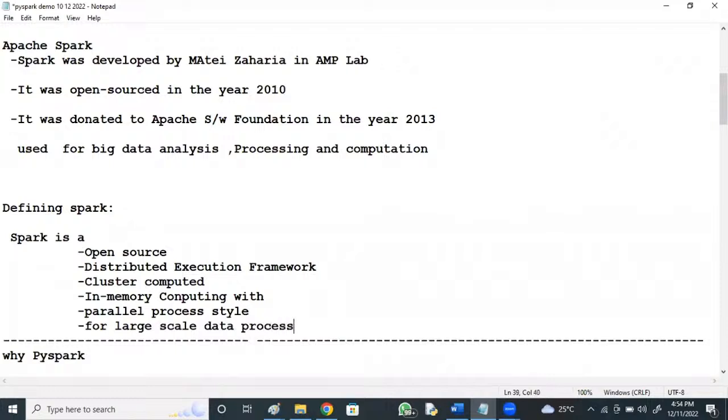So Spark is an open source distributed execution framework, cluster computed with in-memory computation feature, and parallel process style for large scale data processing.